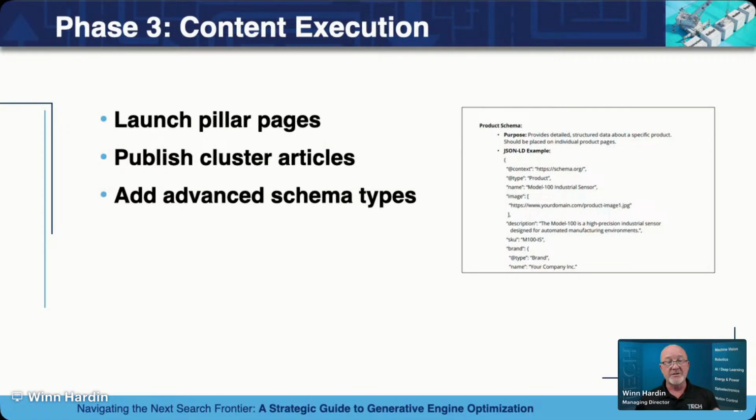We're going to add our schema implementation, including FAQs and how-tos, and other types of articles that are conversational in tone, and we know will be very attractive to an AI answer engine. So traditionally, we might not do these primer type pieces, especially if we're in a tech sector, right? Where, well, I don't need to explain to somebody how a PLC works, because if they're in my industry, they already know how a PLC works. This is true if the customer is using traditional search engines, but if they're using AI,